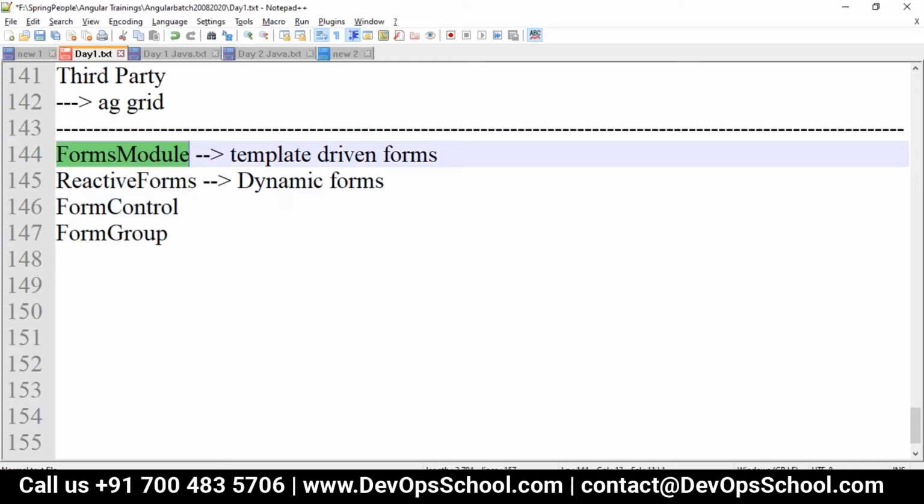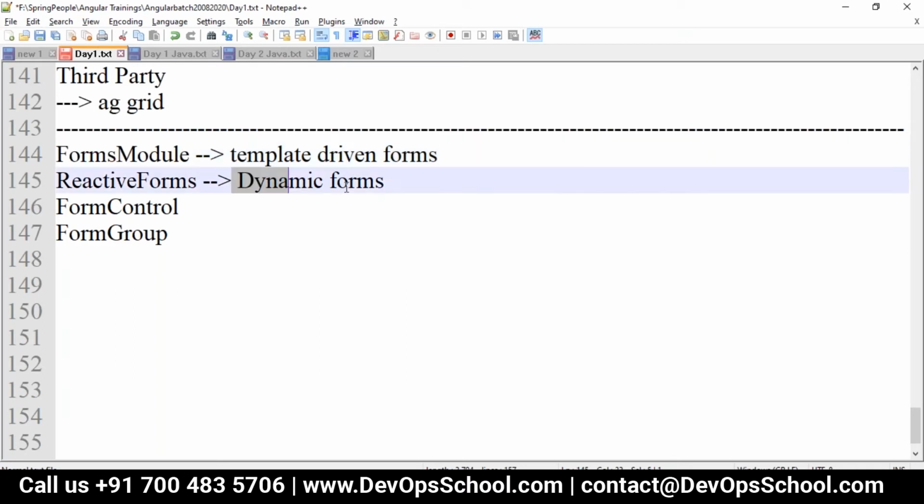But in the forms module, your validation and your ngModel mapping, everything will be taken care of in the HTML itself. In the TS, we don't write much code. So that is what template driven forms are. Template driven forms will be the forms module. We'll use it for simple forms, whereas for huge forms where all the data should be taken care of in the component, like the example I just gave for dynamic forms,